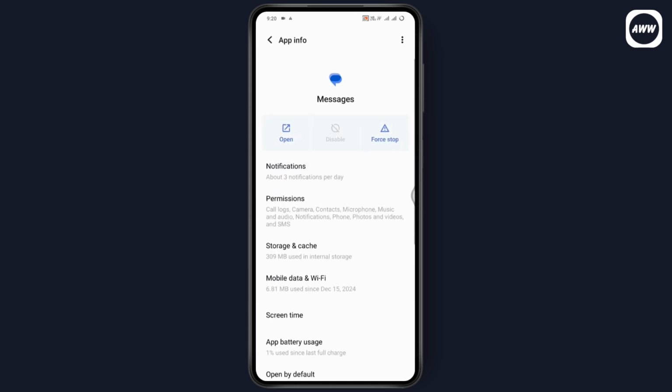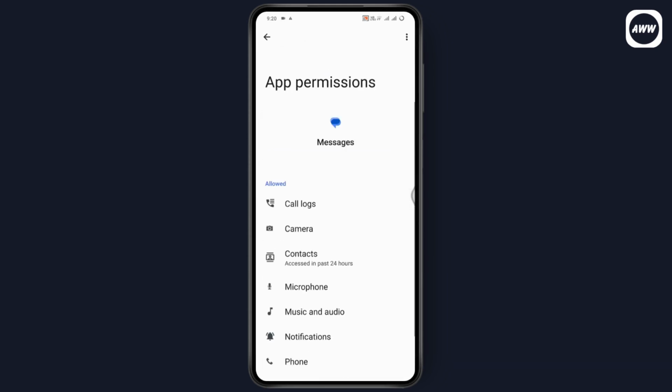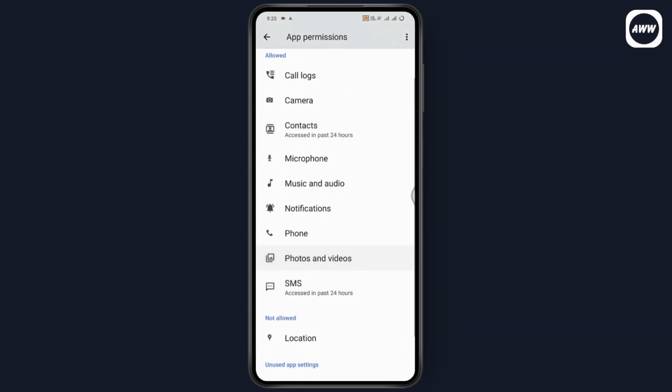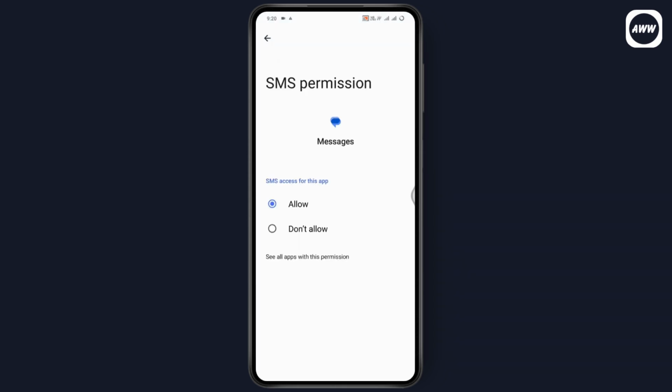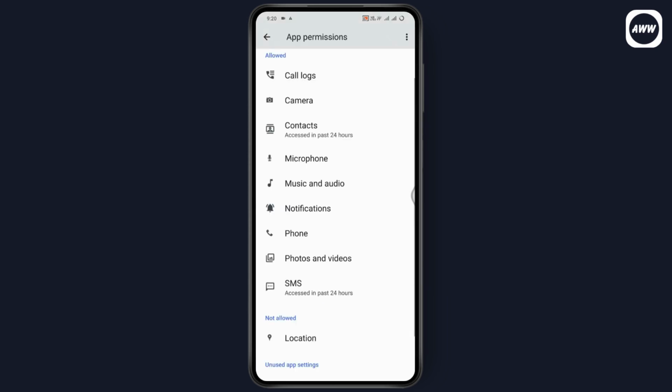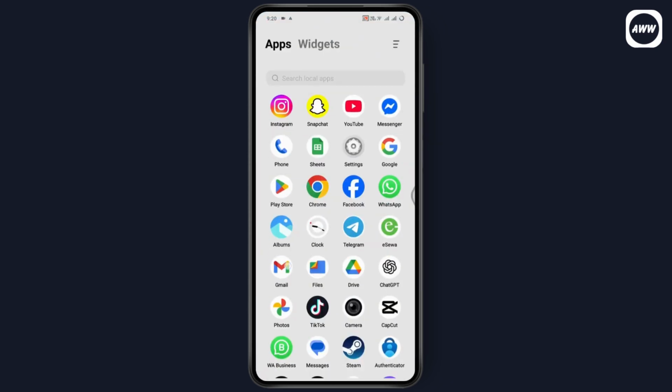Once you've cleared your cache, now you need to go back and you need to go with permissions, and if you're not receiving the verification code, then make sure that you've accessed the SMS. So tap on SMS and make sure that you allow the SMS for the messages, because if you've not allowed the SMS, then you won't receive the verification code. So make sure that you've allowed, and after that, the second step you can do is you need to open